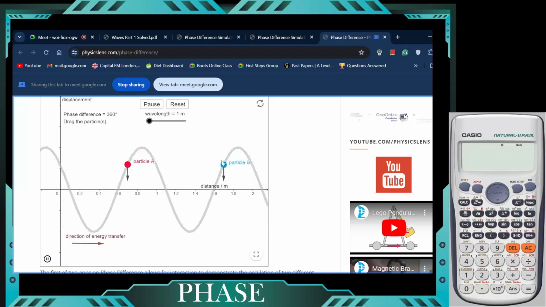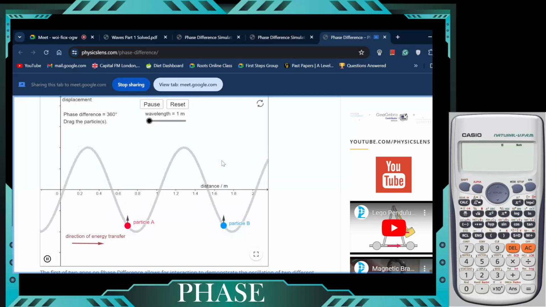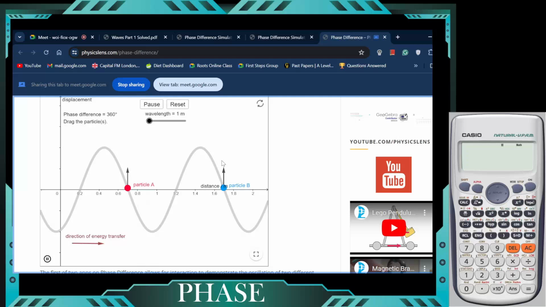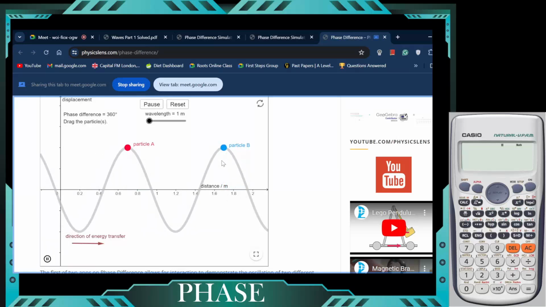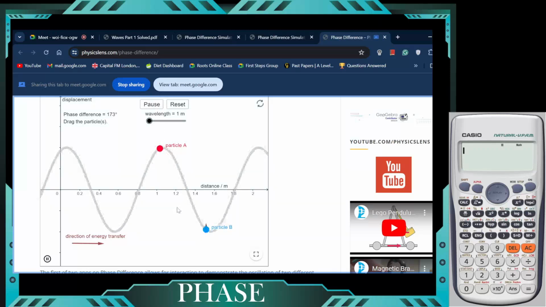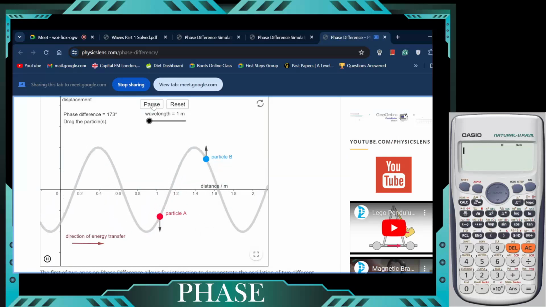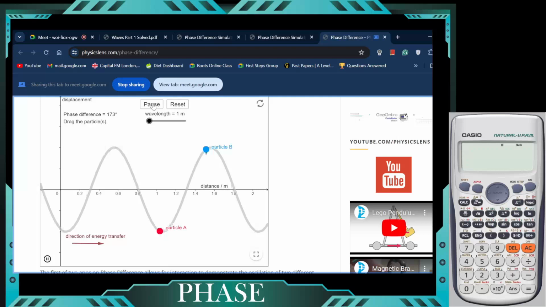So we say these two particles have no phase difference, or a phase difference of zero, or these two particles are in phase. And if they are opposite to each other, we say they are out of phase. If two particles have a phase difference of 180 degrees, they are called particles